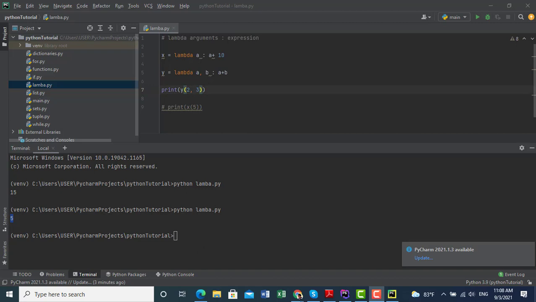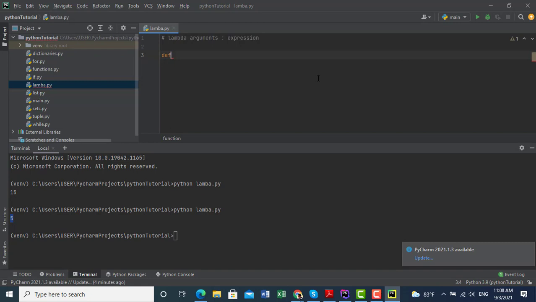The power of lambda is better shown when you use them as an anonymous function inside another function. Say you have a function definition that takes one argument, and that argument will be multiplied with an unknown number. Here I will remove this.